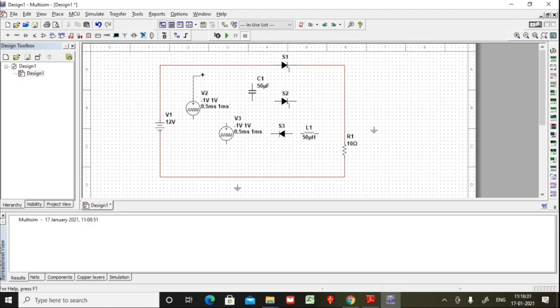This signal I have to give to this one here, and this signal I have to give here, and the capacitor is connected to the diode negative terminal. This is the circuit, and I should connect this one here. So I have made the connection as per the circuit diagram.